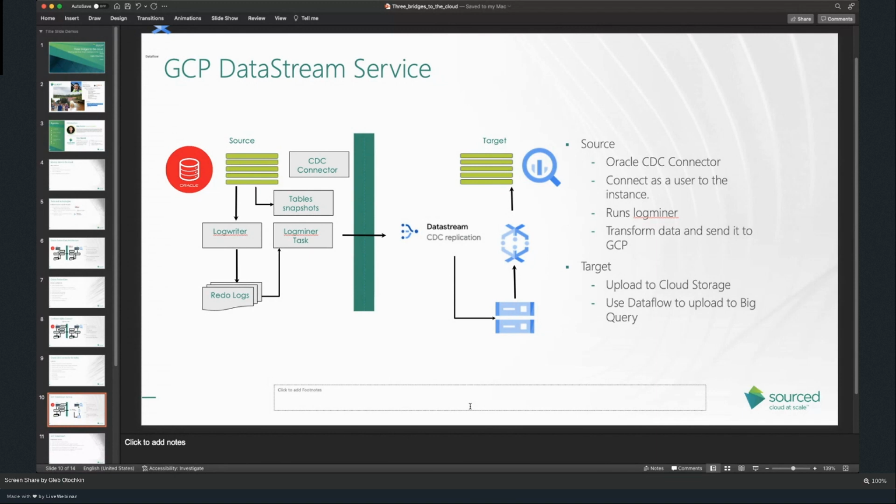But Google provided some kind of template for Dataflow, showing how to pick up from the storage bucket and put it into BigQuery. That is good. What is bad, you have to do it after that. So it means you have to depend on another service to get the data to the destination. That's one downside.